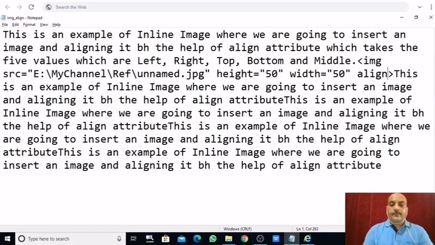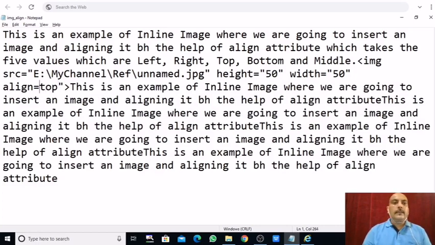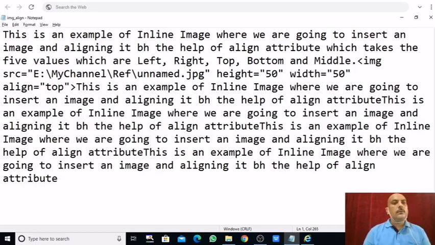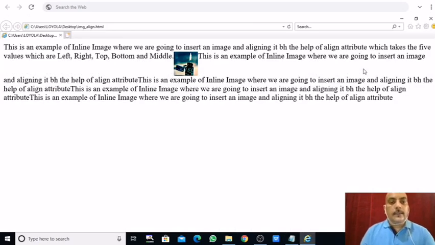So align is equal to, first of all I am giving it top, right? So align top within double quotes. You can give it or not give it. I told you before when the double quotes are required and when they are not required. Control S, Alt Tab, and function key F5.